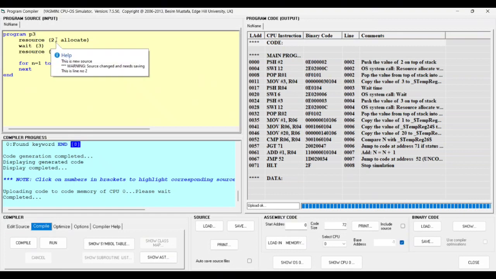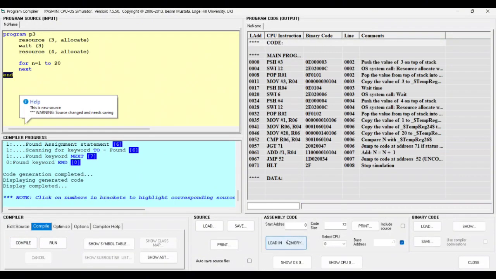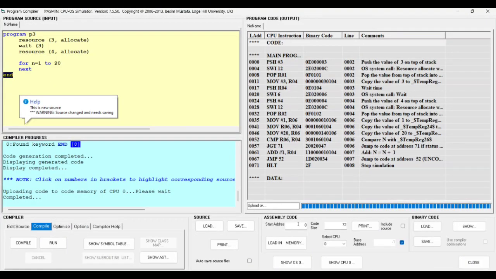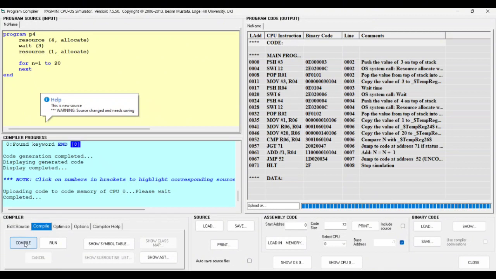We'll allocate resource 3 and then resource 4, compile and load it into memory. And the last program, named P4, will allocate resource 4 and resource 1, compile and load it into memory.